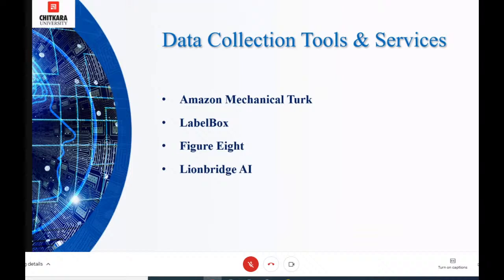Now, what are the different mechanisms for data collection services, or tools? The majority of algorithms require data to be formatted in a very specific way. This point you should admit. You need some formatting, some pre-processing, some level of normalization.